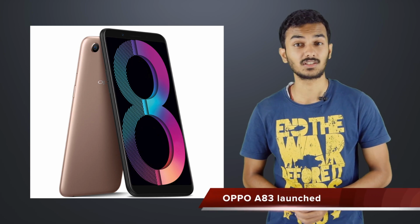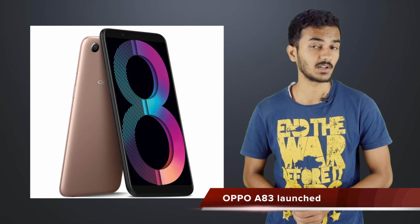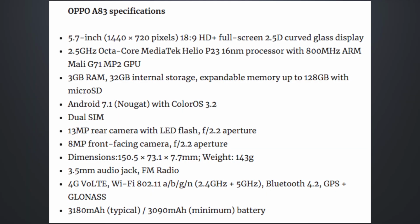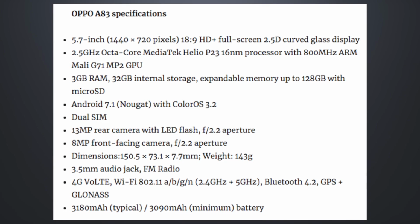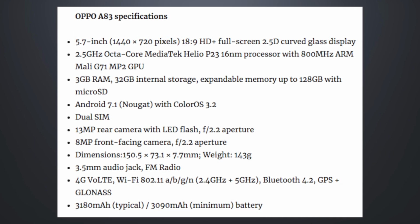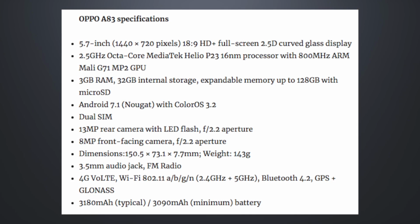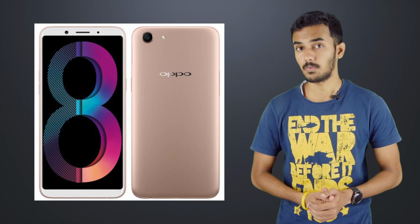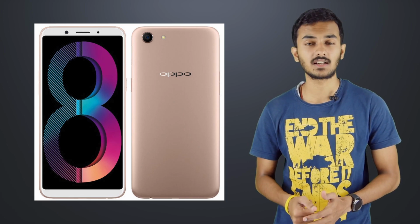Chinese handset maker Oppo has launched its latest mid-range smartphone in the Indian market dubbed as A83 with full screen display and face unlock feature at a price of Rs 13,990. In terms of specifications, this smartphone comes with a 5.7-inch HD Plus full screen display powered by a MediaTek Helio P23 chipset along with 3 gigs of RAM. It has a 13-megapixel rear camera with LED flash and an 8-megapixel front-facing camera with a support for artificial intelligence beauty technology that scans 200 facial recognition spots to beautify a selfie shot perfectly. The Oppo A83 comes in black and gold color variant and will be available exclusively on Flipkart starting from January